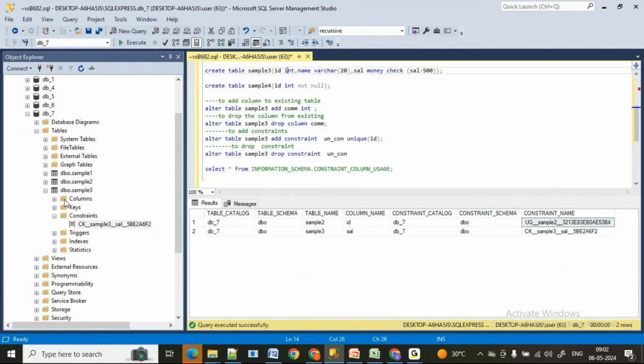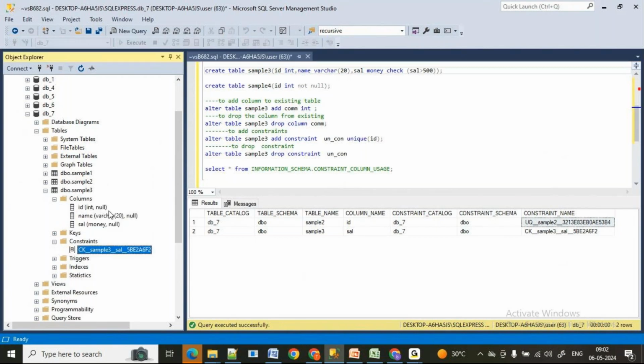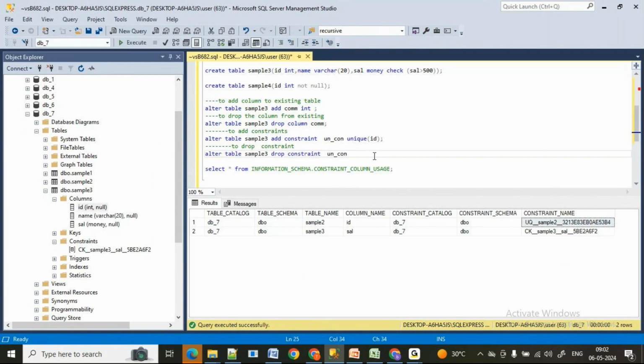See how it is showing here, ID of int, comma, null. Now I want to add a not null constraint to the existing column.